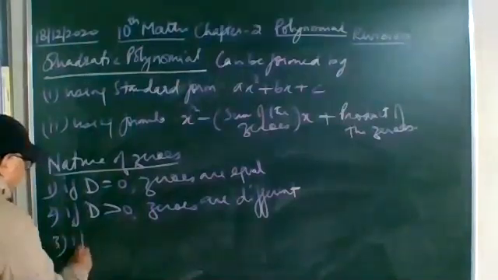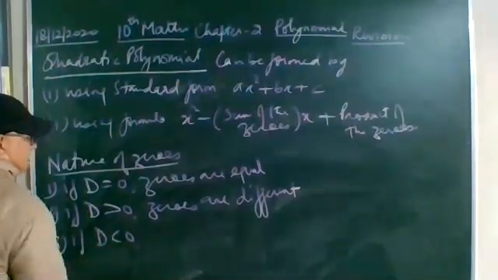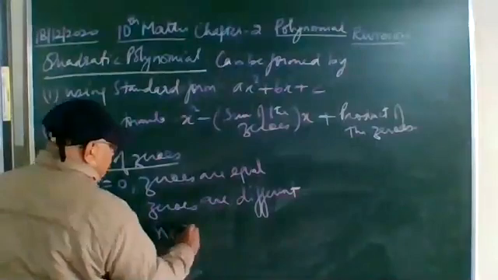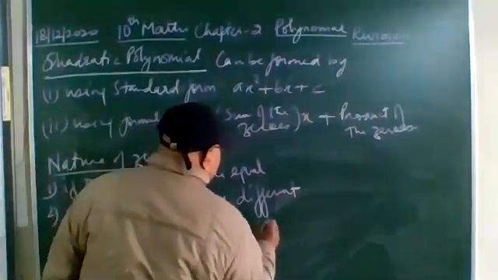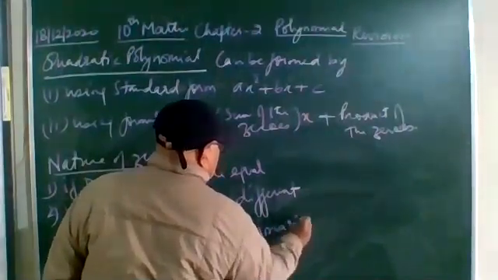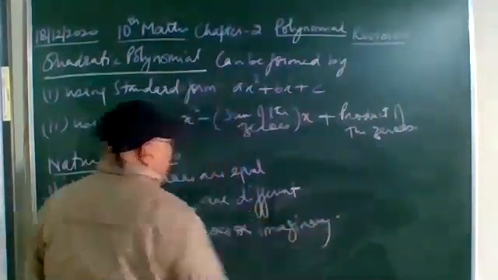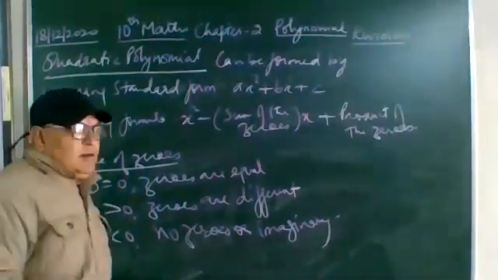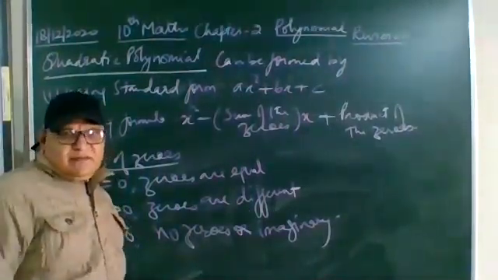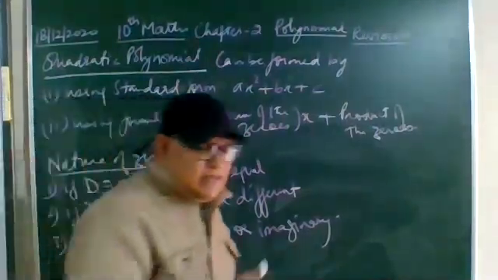Third, if D is less than 0, no zeros or imaginary zeros. So these are the things you remember. So we have done the quadratic polynomial revision, and after that in the next class we will do